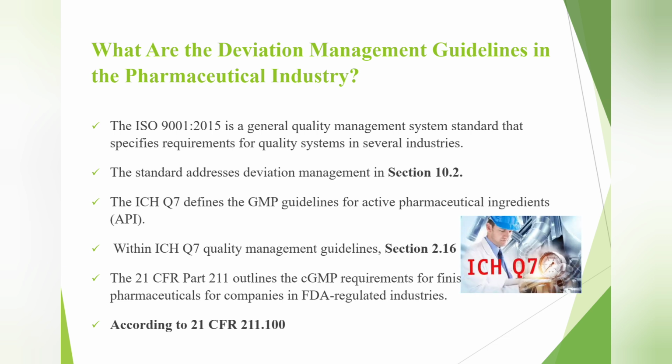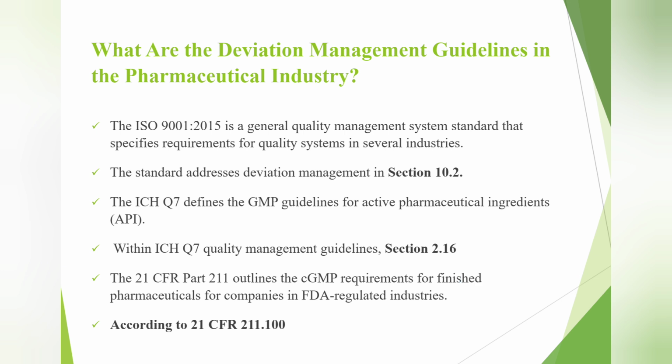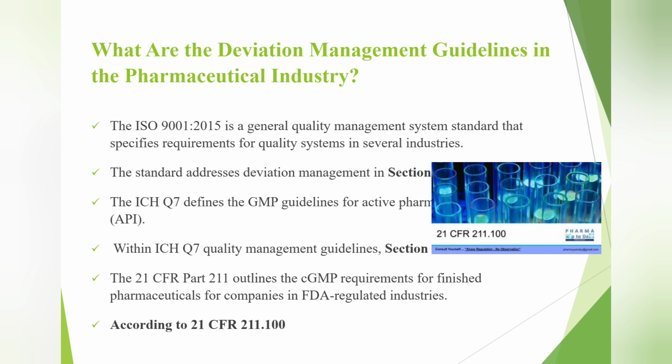Second one, ICH Q7 defines the GMP guidelines for APIs. Within ICH Q7 it is covered under Quality Management, Section 2.16. Third one, US FDA 21 CFR Part 211 outlines the current GMP requirements for finished pharmaceuticals for companies in the FDA regulatory industry. According to 21 CFR 211.100,